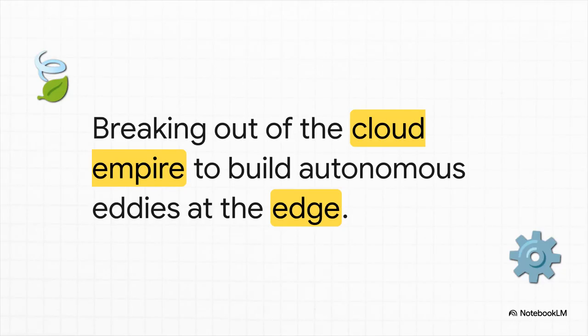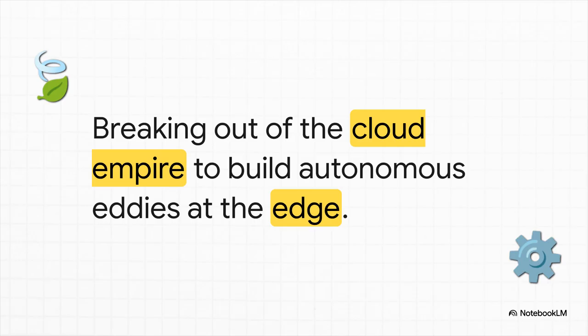So the crucial point is how this actually affects you, the user. This architecture relies on leaf node logistics. Instead of being a caged user stuck in some massive centralized corporate server farm, you become a sovereign pilot. The sources compare this to an eddy in fluid dynamics. Think of a localized swirl in a rushing river, where the water suddenly slows down and life can actually flourish. Well, in this new topology, your local device is that eddy.